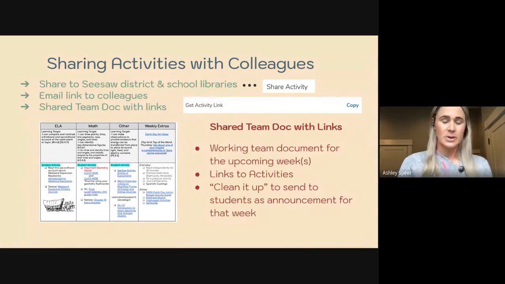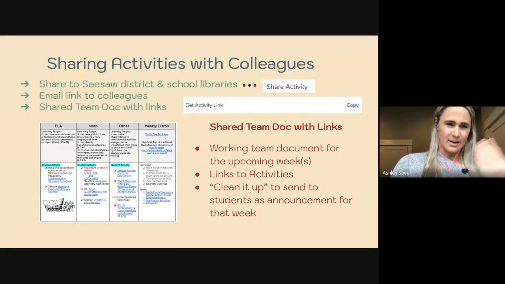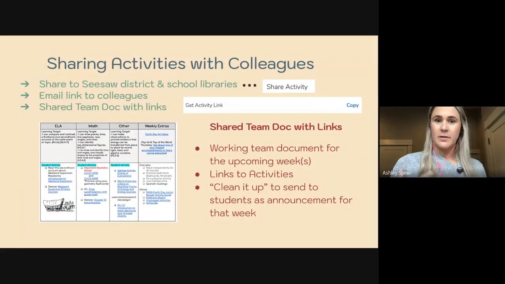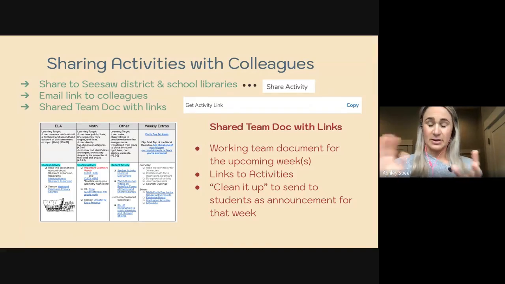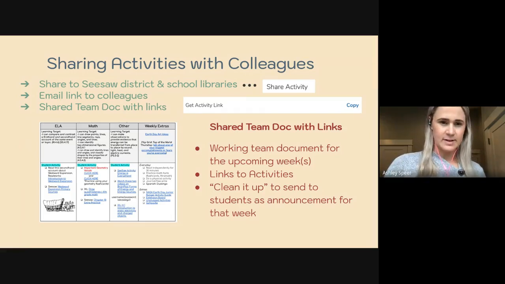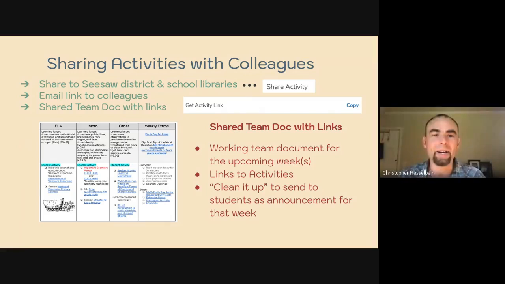It's been really neat talking with teams and seeing how they use a shared document. I just have an example here of a working document for the upcoming week, and everyone's putting in their different links, and then they can copy those or save them to their library, copy and edit it, add their own voices to it or videos. Yesterday, we talked a lot about how people were using Google Docs to align with their teams and how they were sharing Seesaw activities with links to a document just like this, and I think that was a huge benefit. I know one of the shortcomings of Seesaw is that you can create collections to organize your activities,